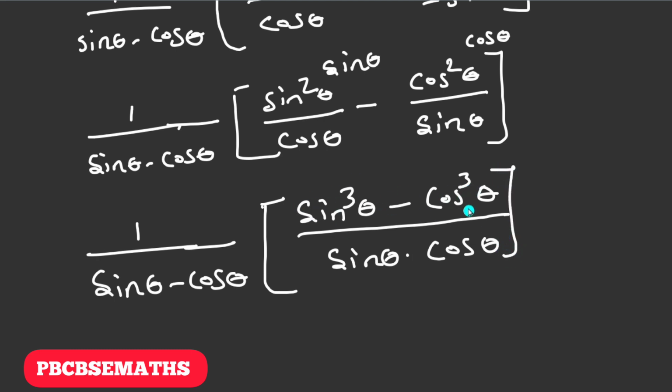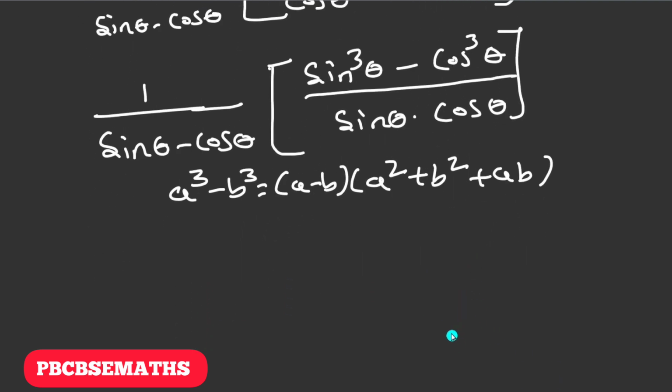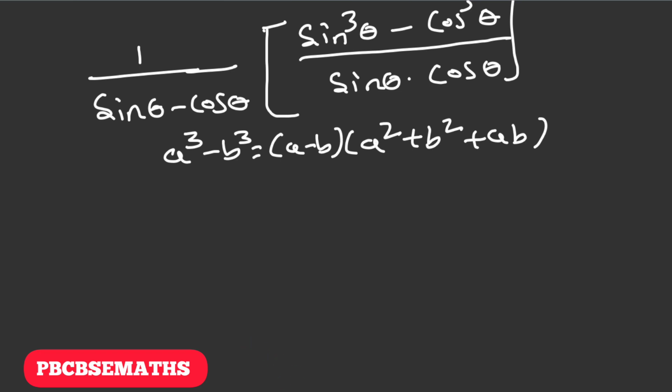Now this numerator part is in the form of a cube minus b cube, which is equals to a minus b into bracket a square plus b square plus ab. So let's expand this sine cube theta minus cos cube theta with the help of this algebraic identity. Then by expanding, we have, let's write this part as it is, that is 1 by sine theta minus cos theta